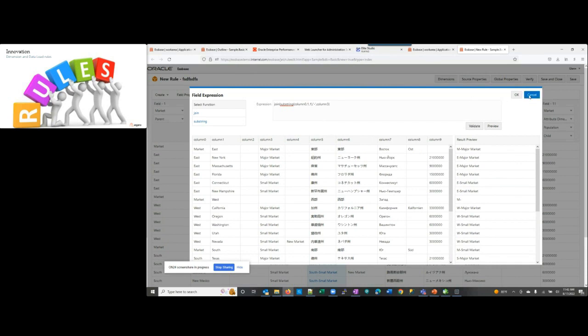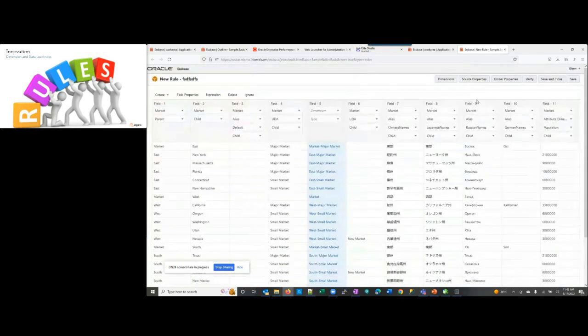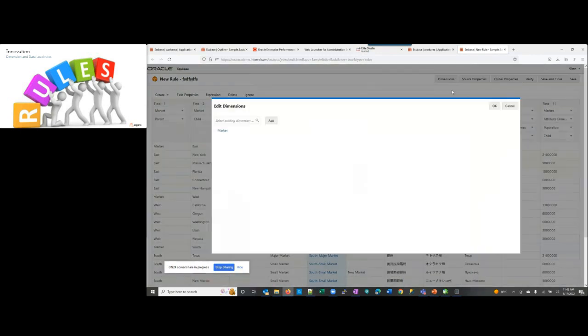The other advantage of an index-based load rule is this. So if I click on the market dimension, if you know from an old load rule in 11g, you had 2 options on the rule. You could merge and you could remove unspecified. Now we have a new option in here that's called reset dimension. And what reset dimension does is it deletes all of the members in the dimension and then re-adds them from